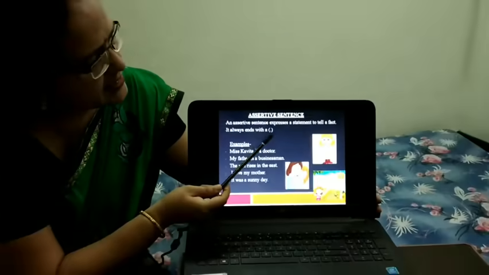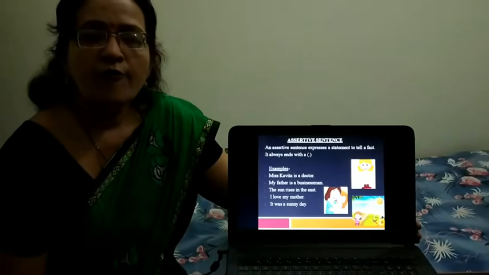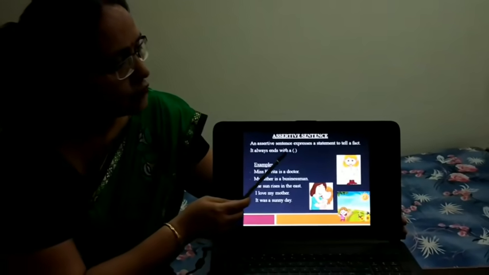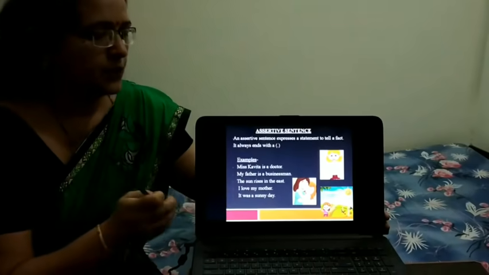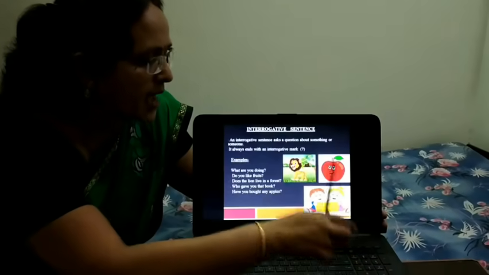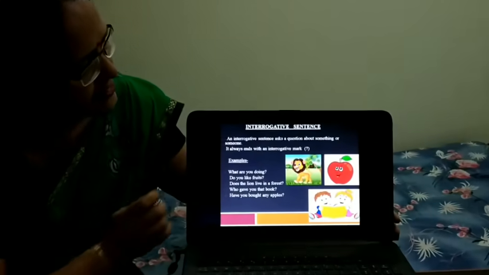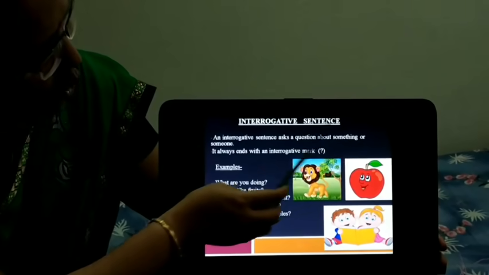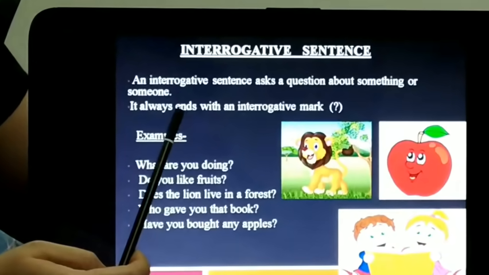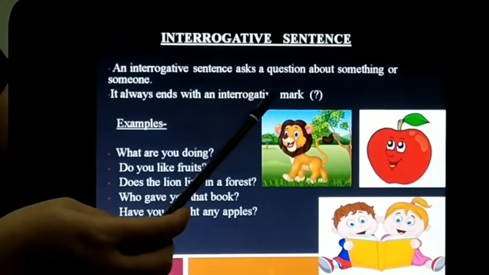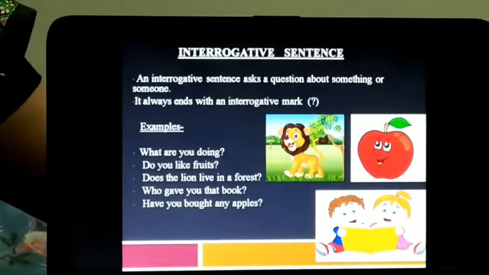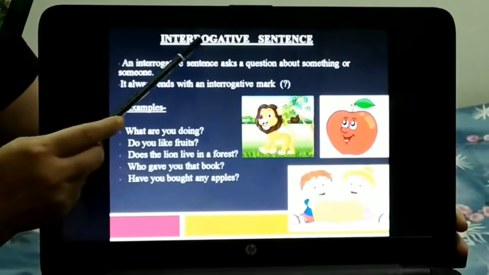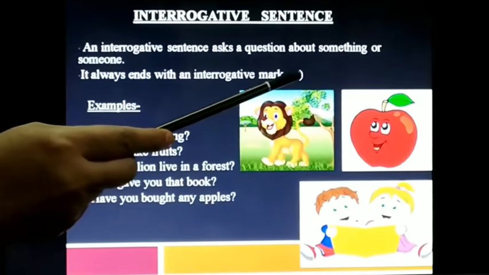So an assertive sentence expresses a statement to tell a fact. And it always ends with the full stop. Don't forget to write the full stop. Now let's see what is an interrogative sentence. An interrogative sentence asks a question about something or someone. It always ends with an interrogative mark. Interrogative mark is also called a question mark. Always remember children that in an interrogative sentence you have to put the question mark at the end of